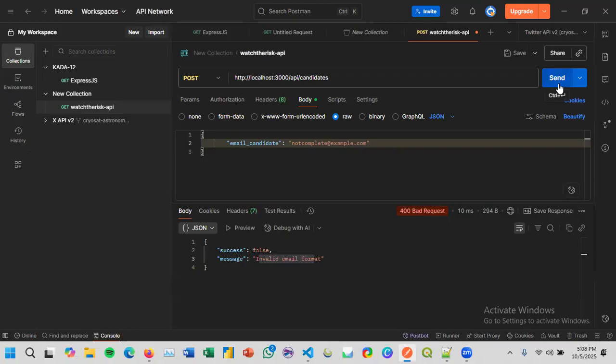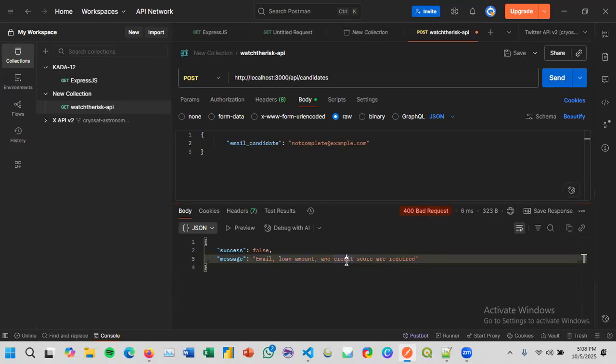And it should return bad request with an explanation that email, loan amount, and credit score are required, with only the email candidate existing in the payload.